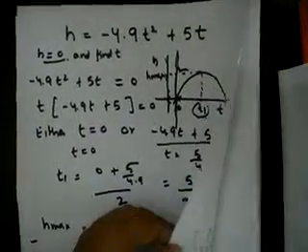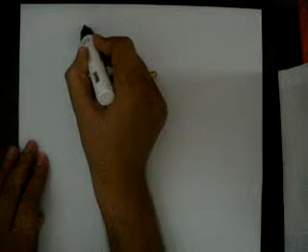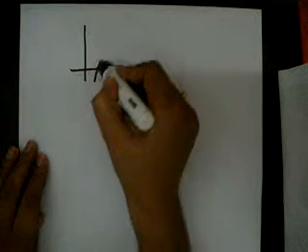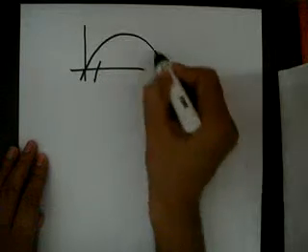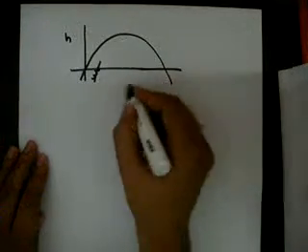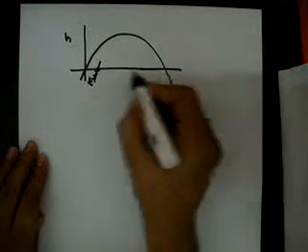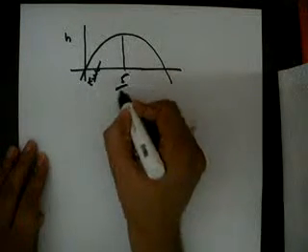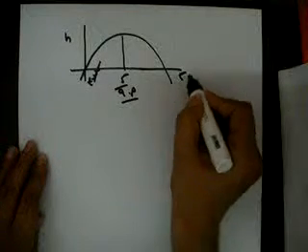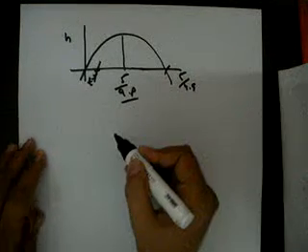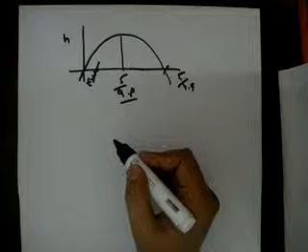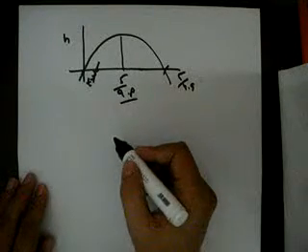Now the second question is, determine the time when the person returns to the trampoline. Okay, so this was our equation. This is h and this is t, which is 0 here, and this is 5 by 9.8. This is 5 by 4.9. This point. So basically, we have to determine the time when the person returns to the trampoline.